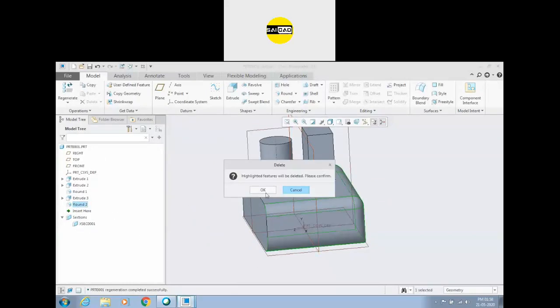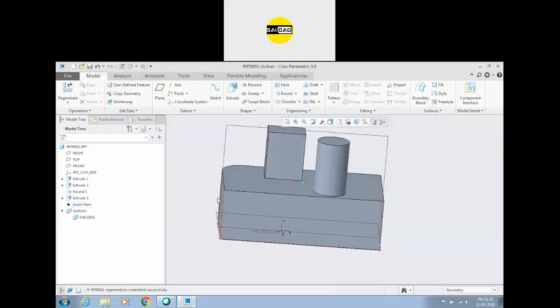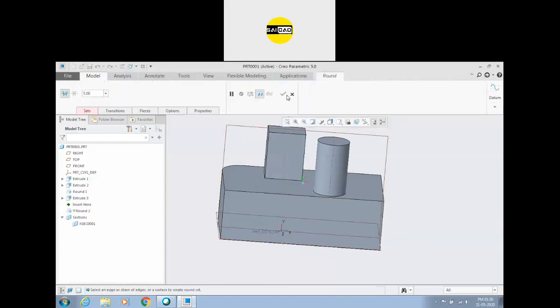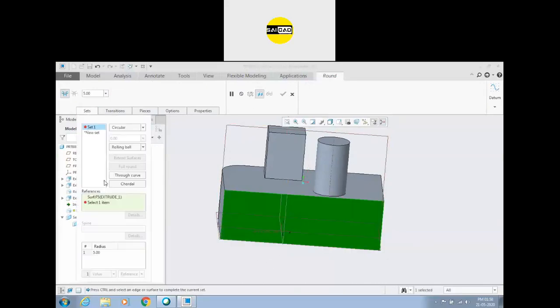So next option, if you want to create fillet on all the edges of the face, go to the round. Suppose I want to select all the edges of the face, I cannot select just the face like we select in the SolidWorks.